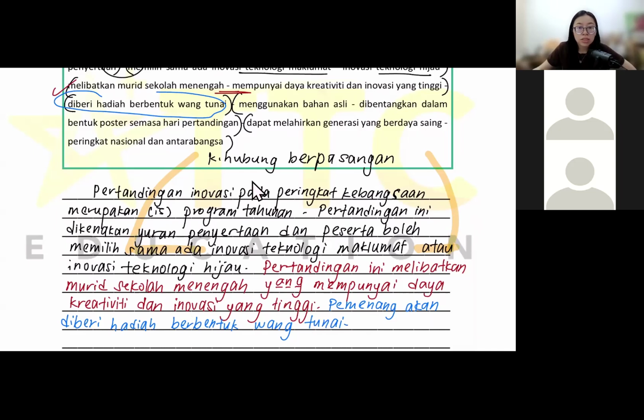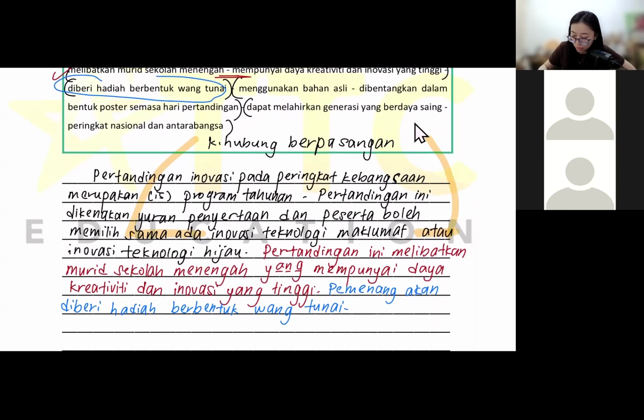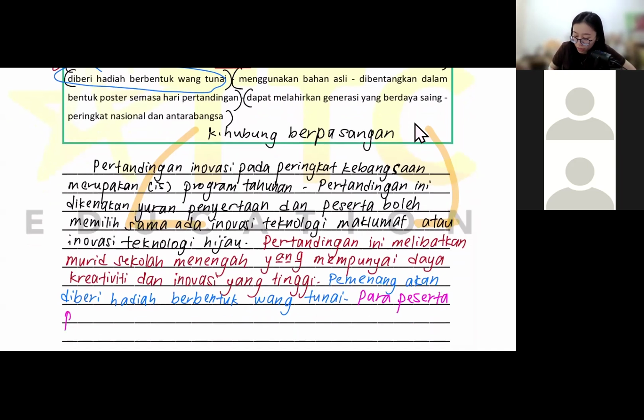Now, then you have to say the students have to use bahan asli. Then you can say para, because this one is not the winner. This one is saying all the participants they have to use. So para peserta perlu menggunakan, have to use, perlu menggunakan bahan asli